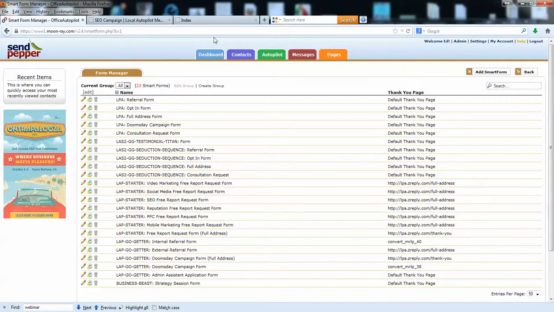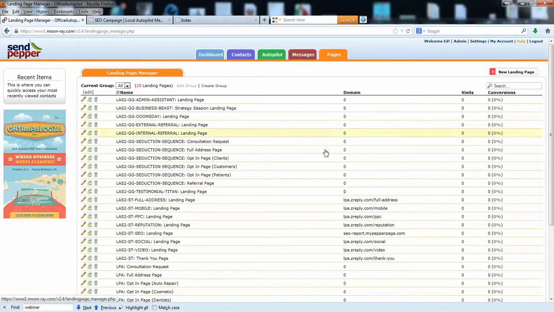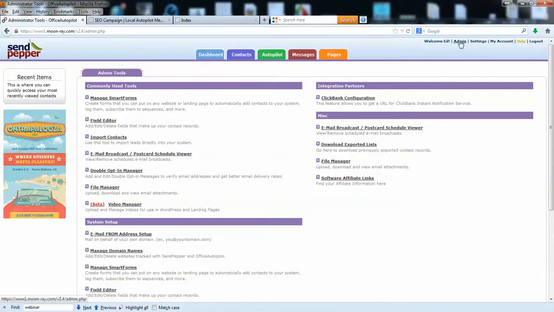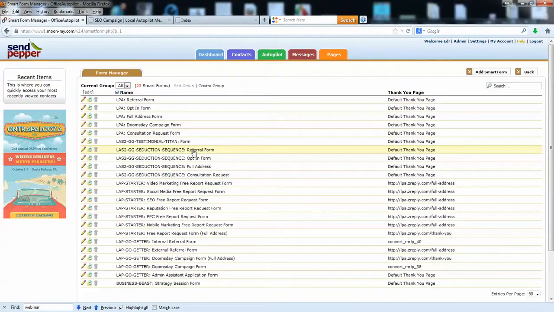So the next thing we need to do is you got your Doomsday campaign. We got to get the Doomsday campaign set up. So we're going to take a look here at a couple things. Let's first look at the Doomsday web form. Okay, so I'm going to go into Smart Forms again. I'm going to look here under